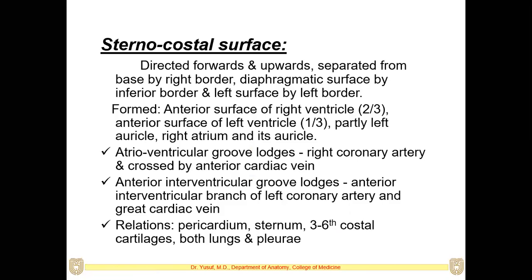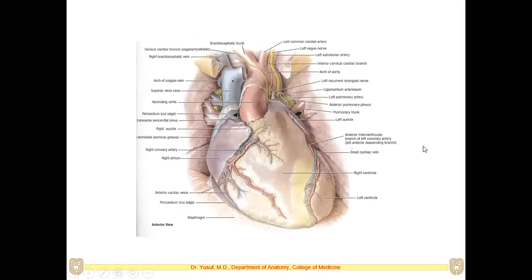Coming to the relations, as you know, the heart is covered by the pericardium, so this part is also covered by pericardium. The main structure in contact with this sternocostal surface will be the body of the sternum. That's why it is called sterno, as well as costal, because the 3rd to 6th costal cartilages are beside that. Then the pleura as well as the lungs, a small part of it, can project on this